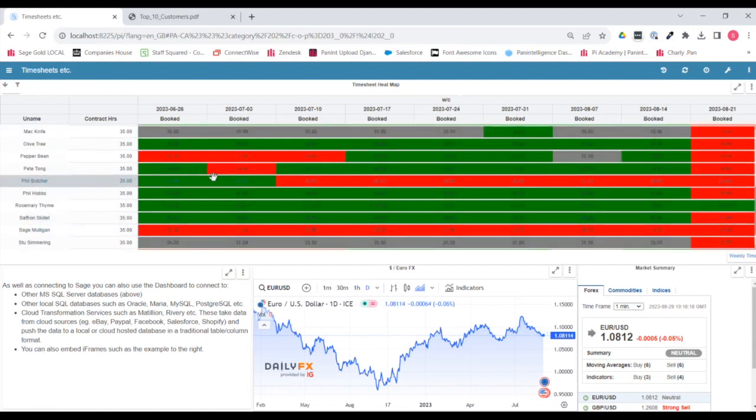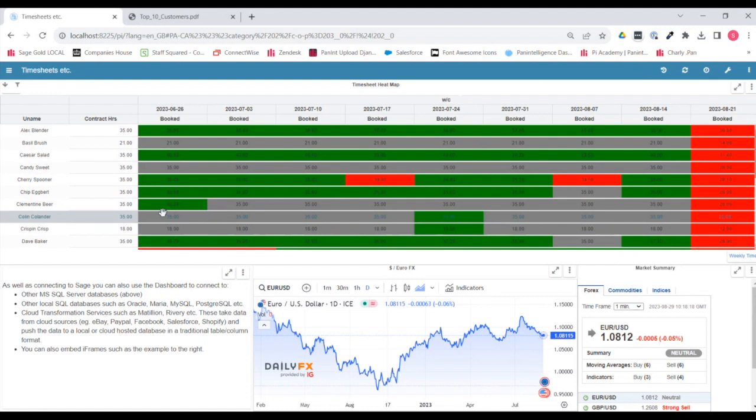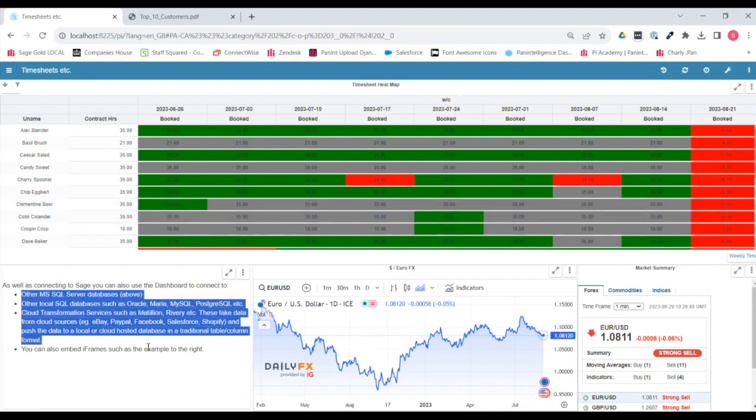And again, it's color coding it. But the key thing is that that's data that's not held in Sage at all. It's coming from a cloud hosted database. And there's a little bit of detail here about the different ways you can do that. And you can even embed